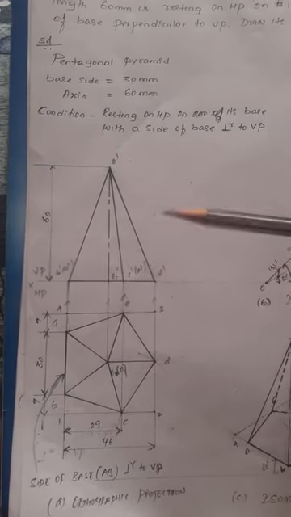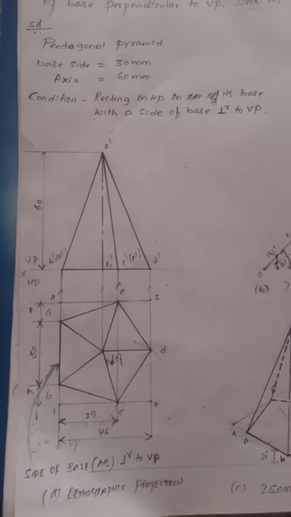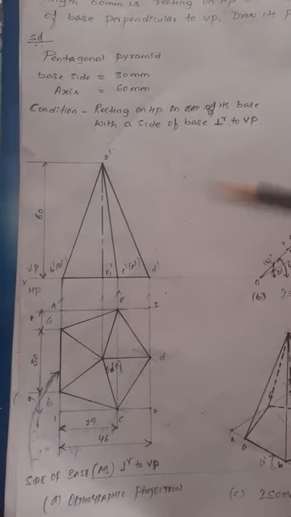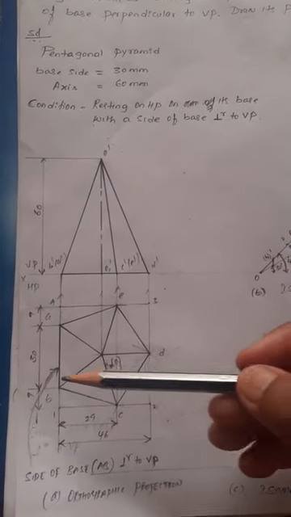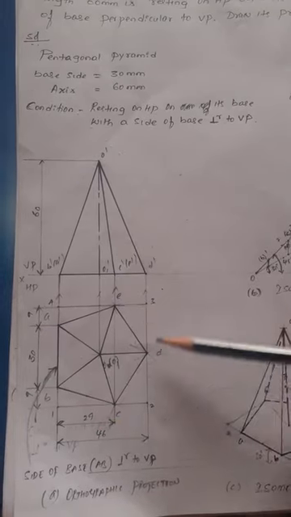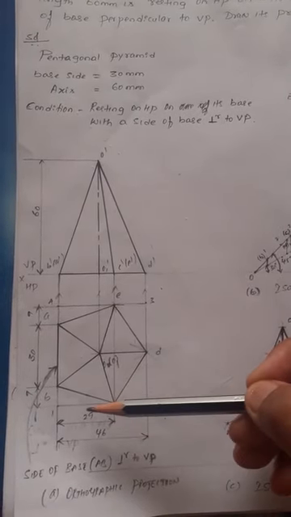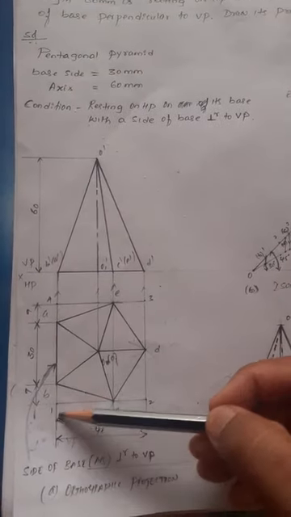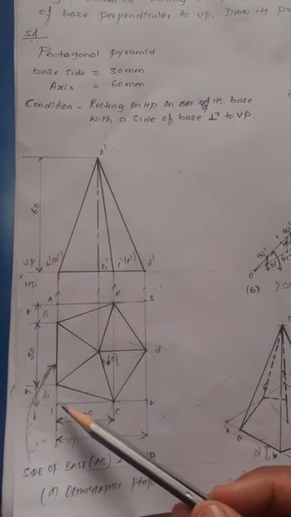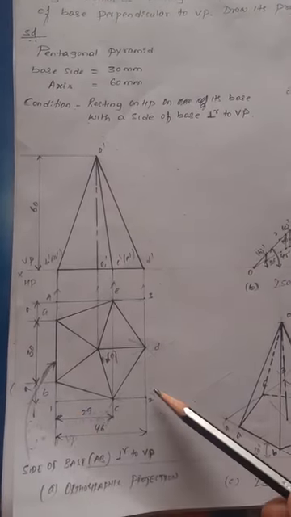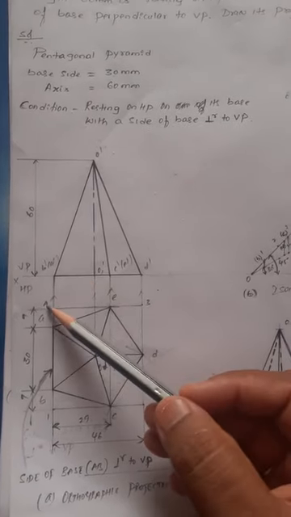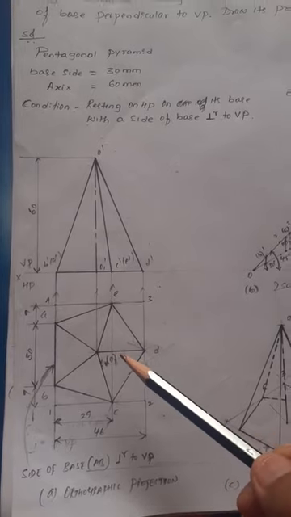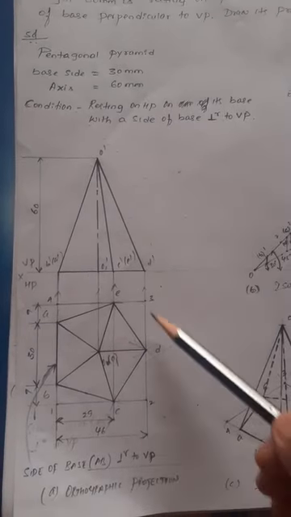Already we know how to draw the top view and front view of solids in the first position. Then what do we do next? Now bound this pentagonal pyramid in a rectangular box. Draw vertical lines on the horizontal line. Now the intersection points are named 1, 2, 3, 4. After that, bound the pentagonal pyramid in the top view by a rectangular box.